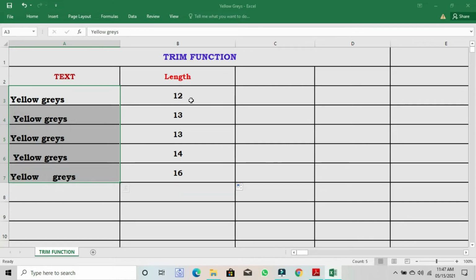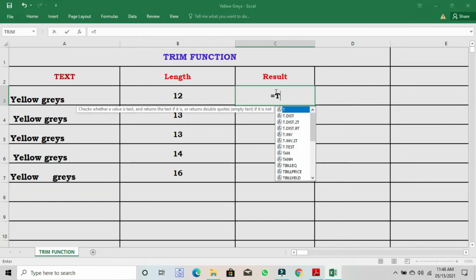In the first yellow grace, there is one single space, in the second two spaces are available, in the third two, in the fourth three spaces, and in the fifth five spaces are available. Let's learn to remove the extra spaces using the TRIM function.